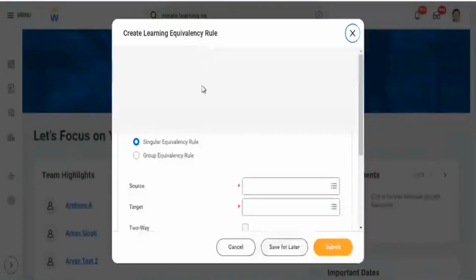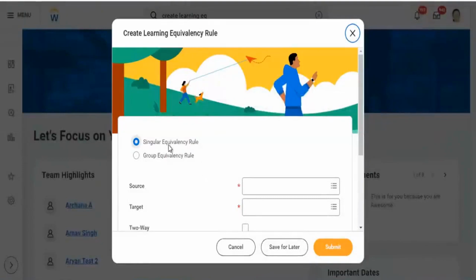Select singular equivalency rules, which enables you to add multiple contents into the source and target fields. The second one, group equivalency rule, enables you to make multiple contents equivalent to each other quickly, so that learners and employees can gain equivalency in multiple courses.